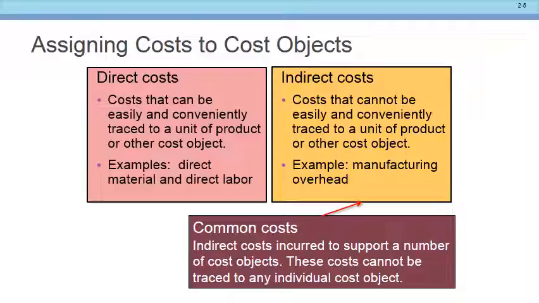You put those indirect costs into, you're really sort of putting it into this pool, aren't you? You put the indirect cost into a pool, and then you allocate it to a product based on some driver. We're saying that the driver is what? The driver is how many minutes it takes us to make the sandwich, and then we allocate based on how many minutes we took for that sandwich, right? Okay, so we've got direct costs, we've got indirect costs.